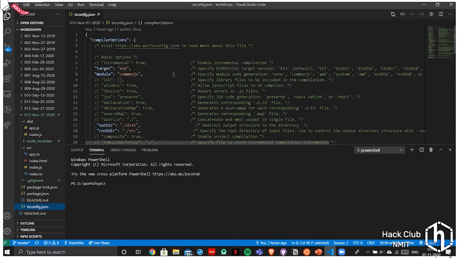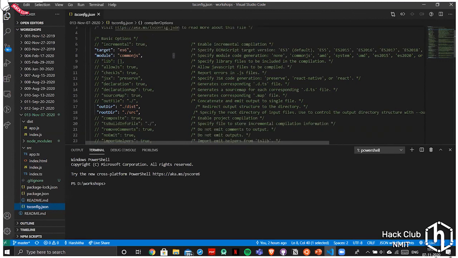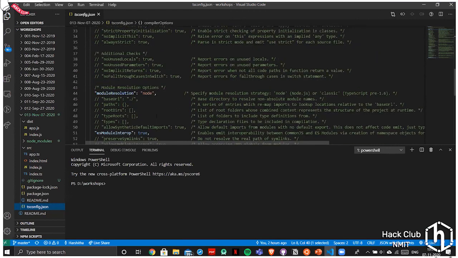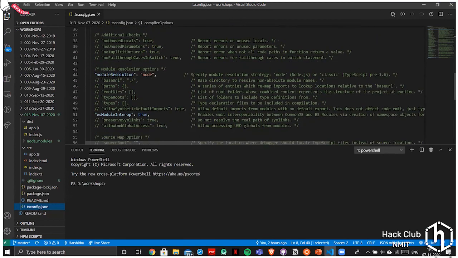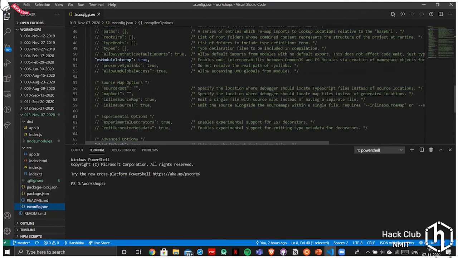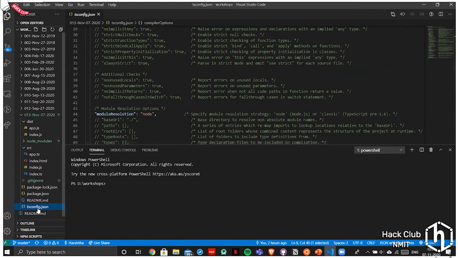In target, it's ES6 and leave the commonjs because we need it. And then here it's outDir and rootDir, you keep it and assign to dist, the destination and src, the source. And here, yeah, module resolution, remove the comment. So this will be it for TS configuration.